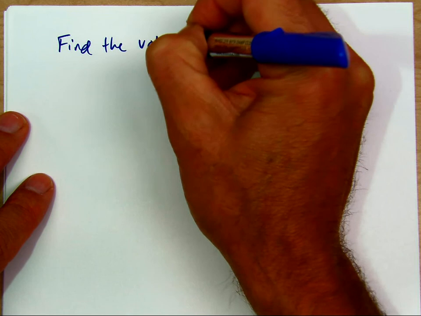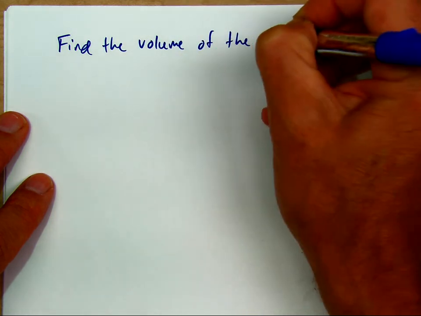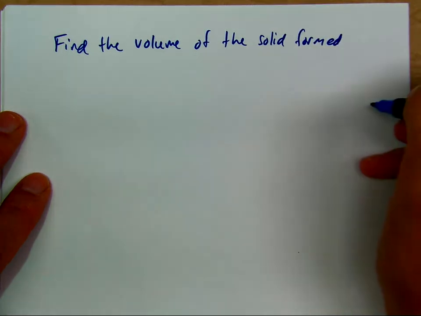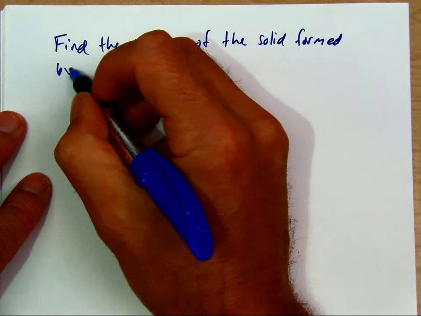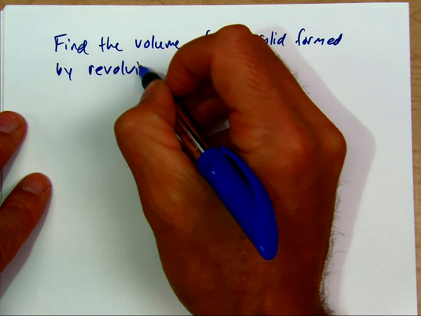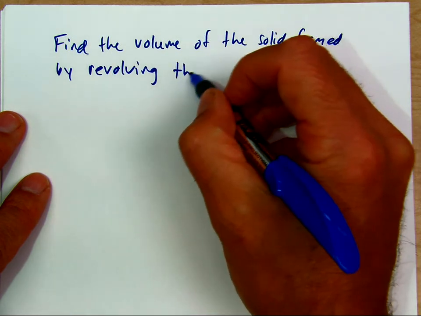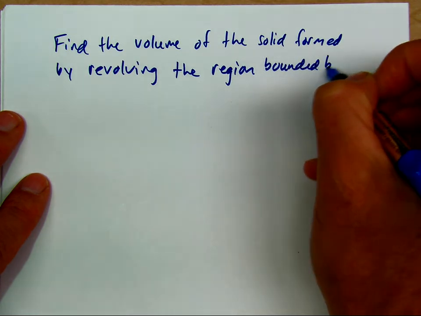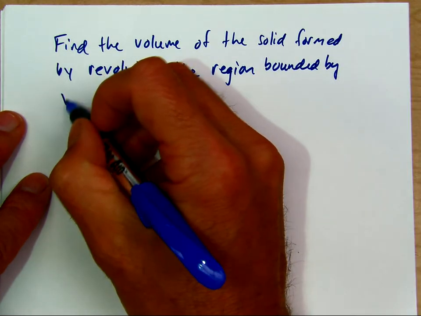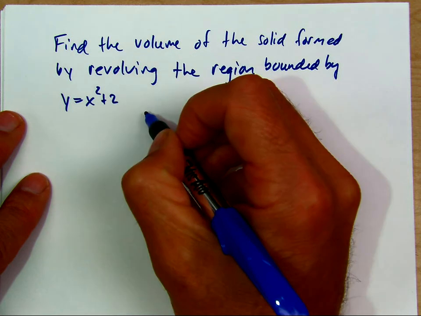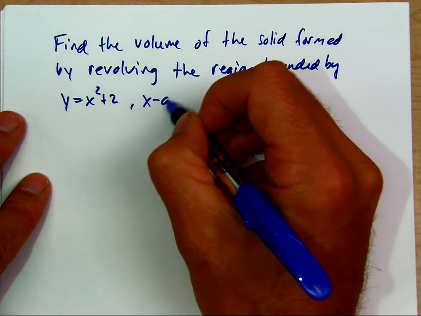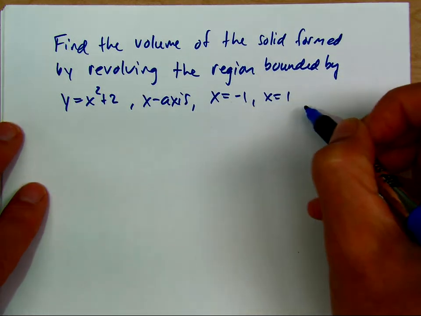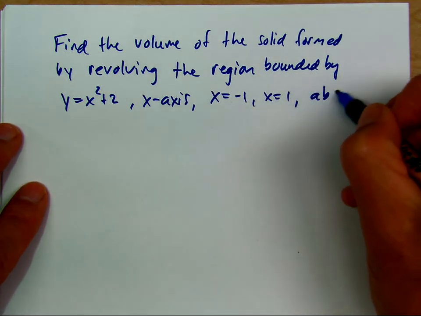Find the volume of the solid formed by revolving the region bounded by x squared plus 2, the x-axis, x equals -1, and x equals 1, about the